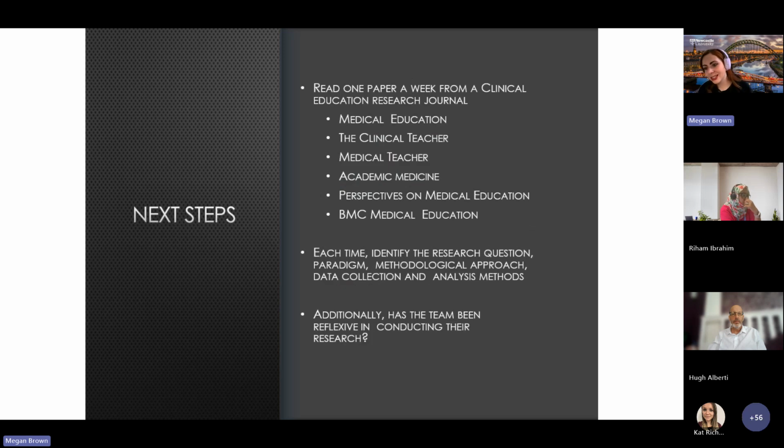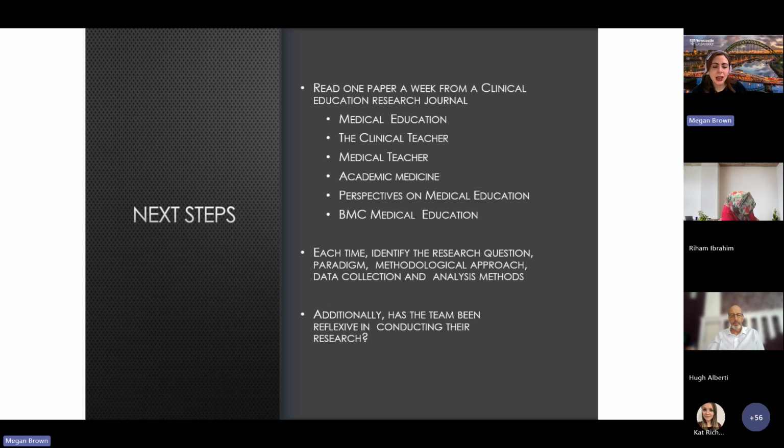Next step, so as you take this forward and as you begin to increase your own familiarity and develop your understanding of these terms, these ideas, where you sit, how that might influence your research, it's really helpful to just get engaged and involved with the literature of clinical education research. Some of you might already be doing this or doing more than this, but if you're not, I would find a clinical education research journal, pick one or move between them. There's a few really high quality ones up on screen that publish really great pieces of research in clinical education. Find a paper that just is interesting to you, the title speaks to you, or the topic is something